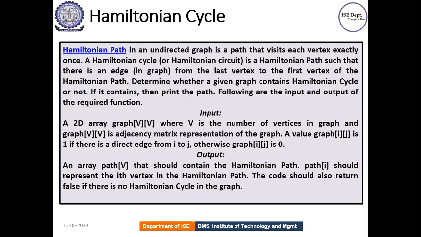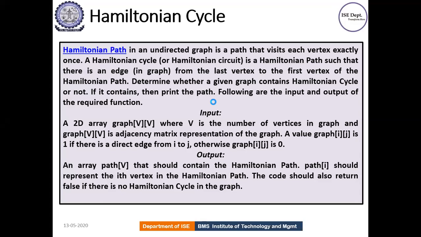So what is the input in this approach? The input, obviously, is a graph which consists of vertices and edges, and I already told you it is an undirected graph, correct? So if you can see here, it is a graph of V comma V, so it is a two-dimensional graph. The V represents the number of vertices, and you are going to represent this graph in terms of an adjacency matrix. You know very well what an adjacency matrix is, right? If there is an edge from i to j, it will be represented with 1. If there is no edge, it will be represented with 0. Correct? We know what an adjacency matrix is.